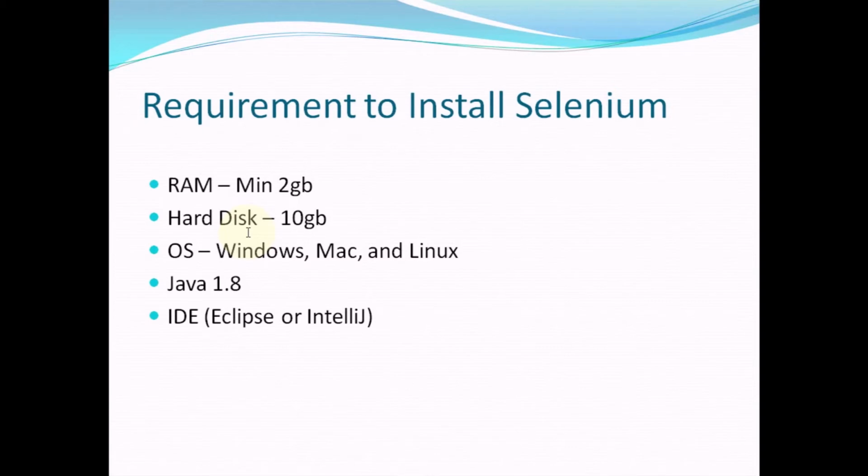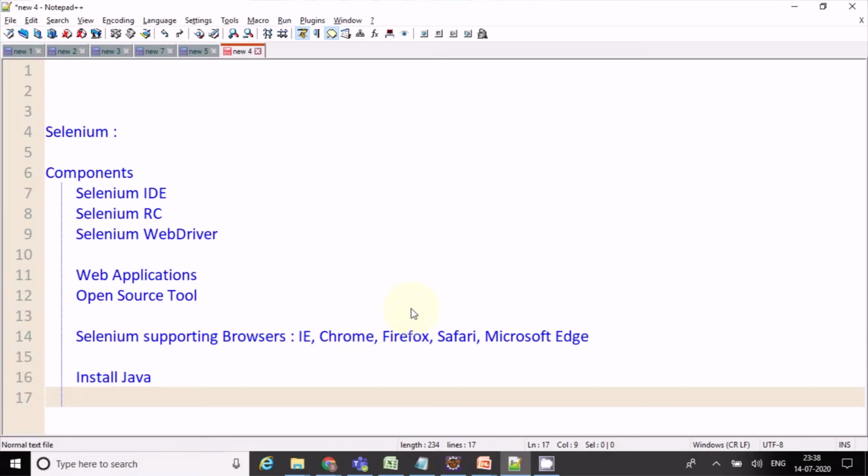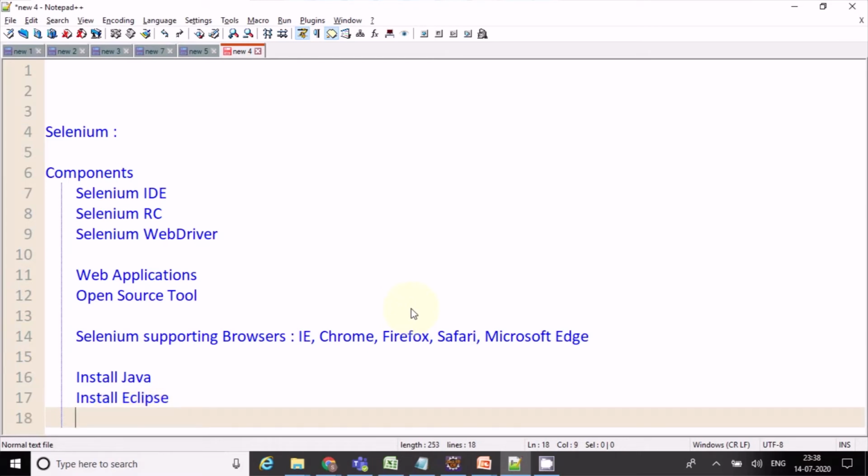Now we are going to configure Selenium to the IDE. Before configuring Selenium in Eclipse, first we'll install Java, then install Eclipse, then configure Selenium in Eclipse.